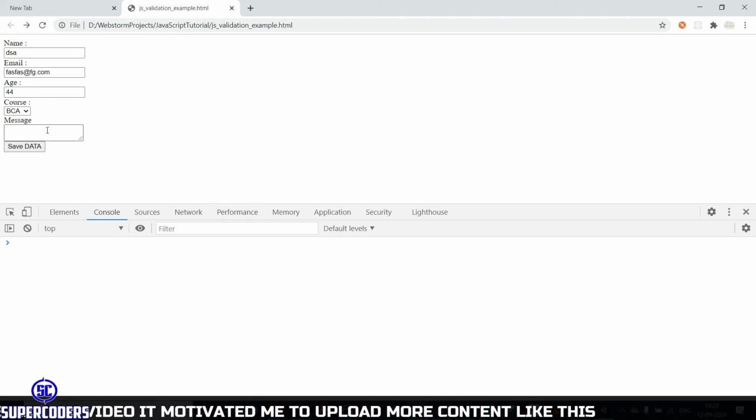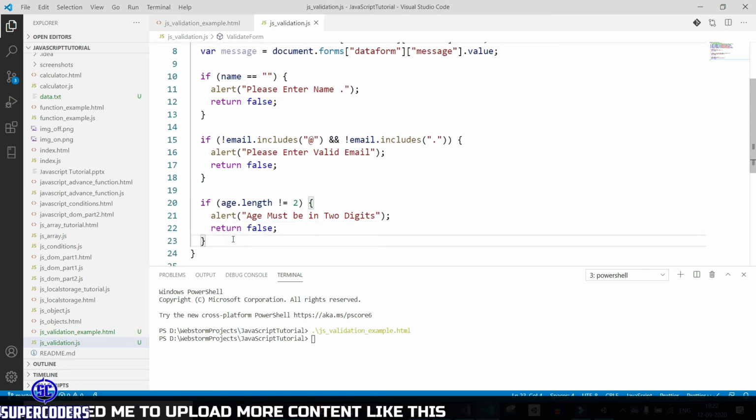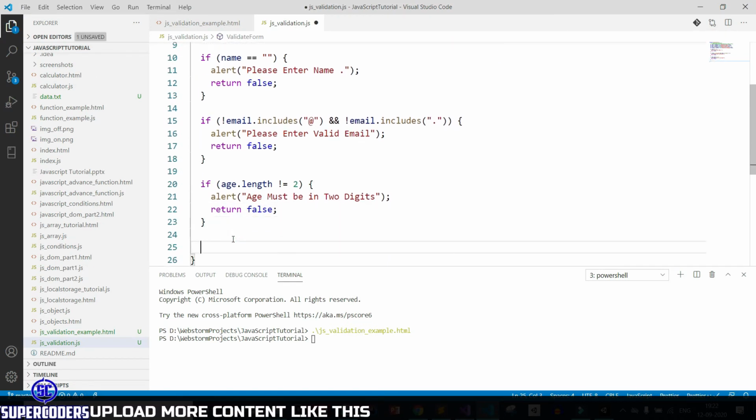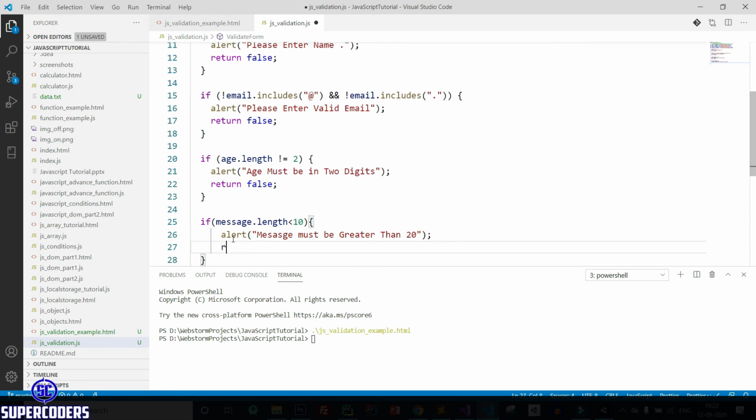Now the third thing is for message. If you want to take message input, like for form validation or feedback, let's see if message dot length smaller than 10, then alert, message must be greater than, let's make it 20, then return false.